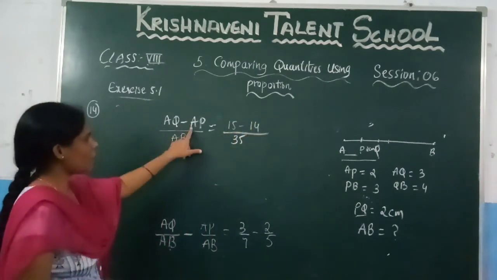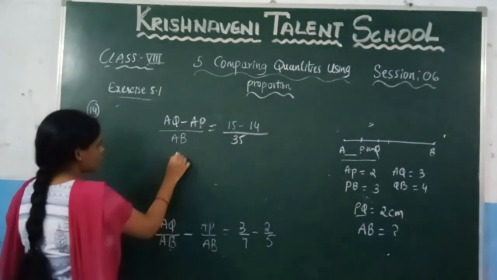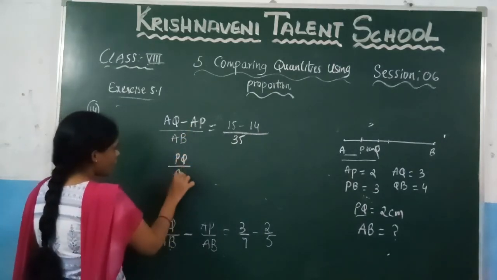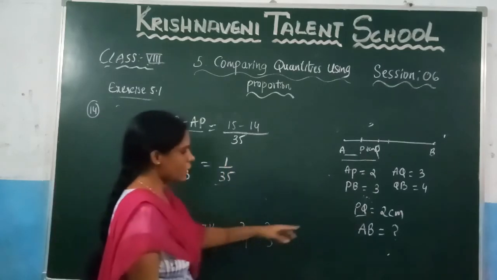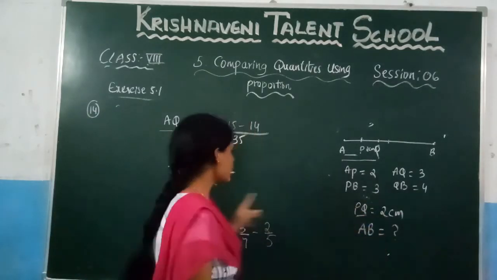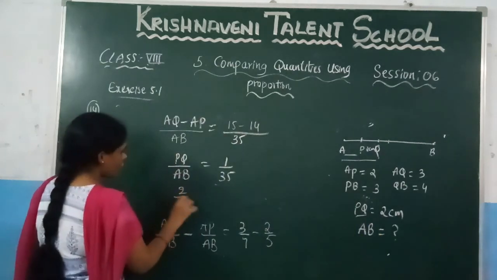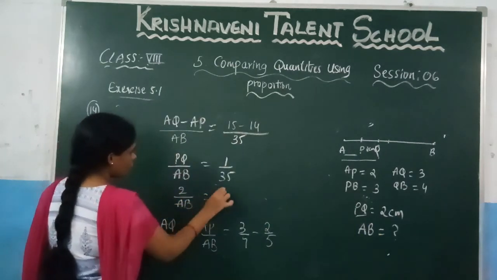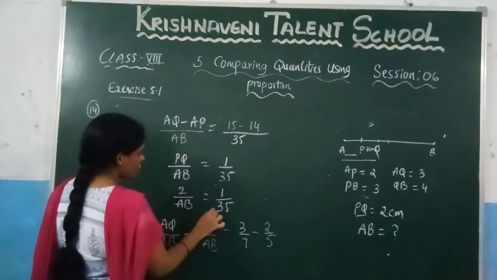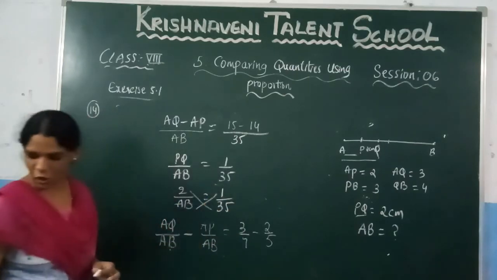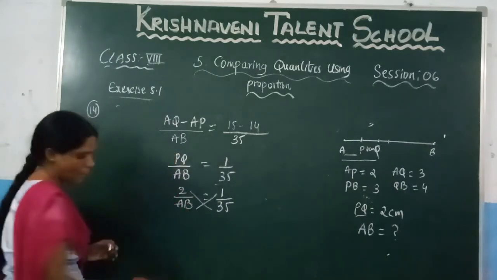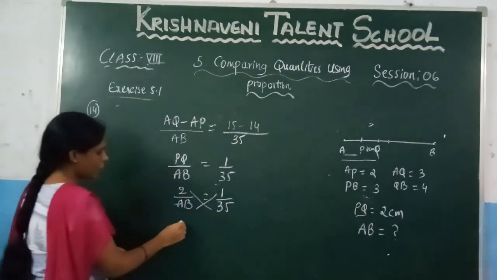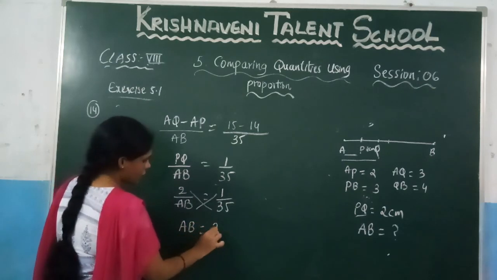And AQ minus AP is nothing but PQ by AB is equal to 1 by 35. And what is the length of PQ given here? 2. So let us write 2 in place of PQ. So just cross multiply, so that you will get AB into 1, which is AB, is equal to 35